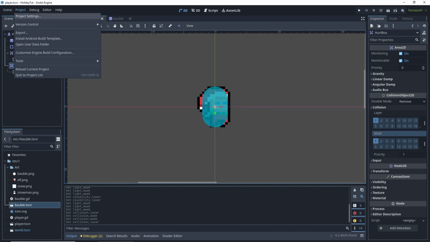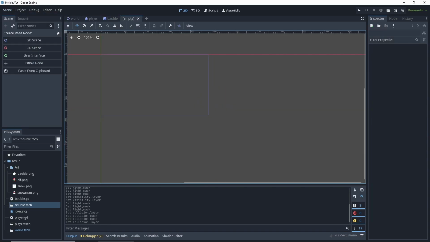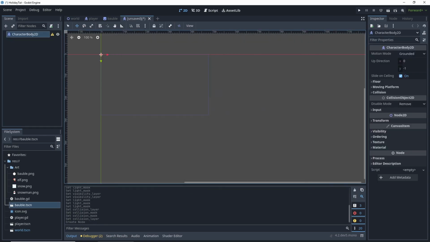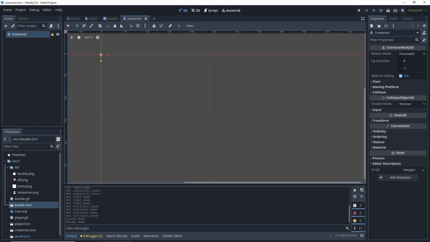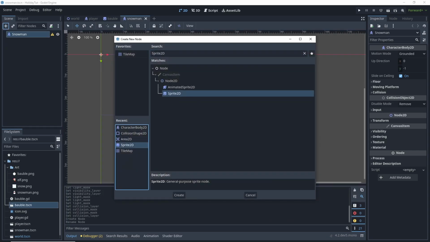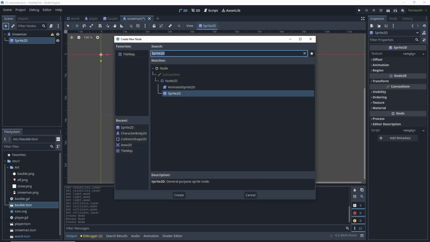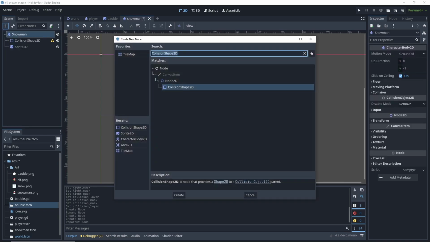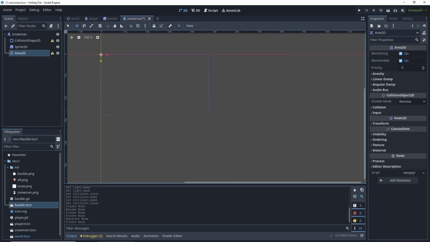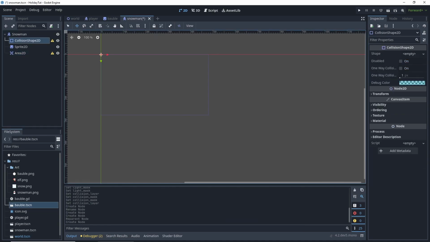And then let's create our new scene. This new scene will be a character body because it will be moving. Character body 2D. We're going to call it snowman. All right, save. And the snowman needs a sprite 2D, as well as a collision shape, an area 2D, and so let's add our snowman